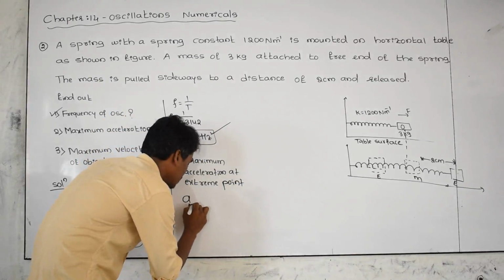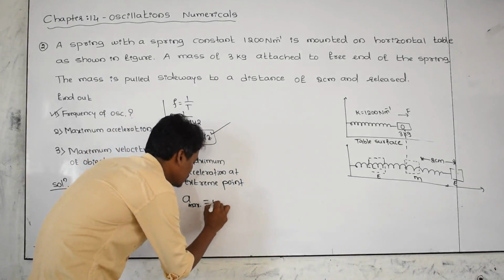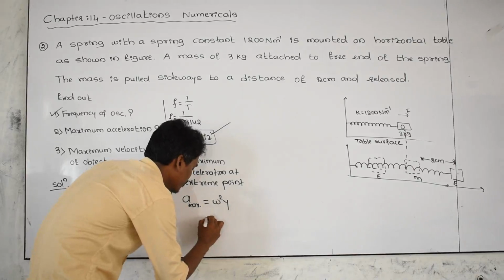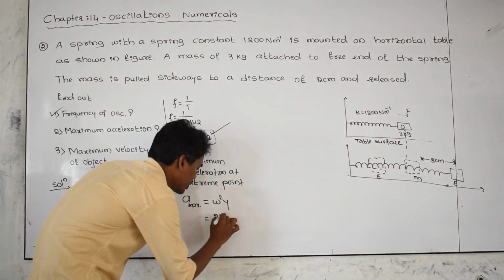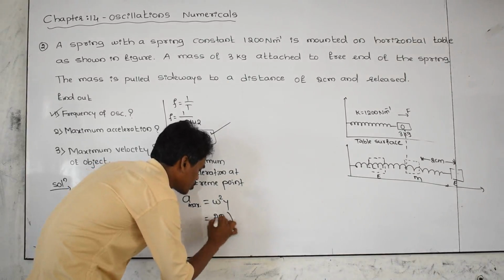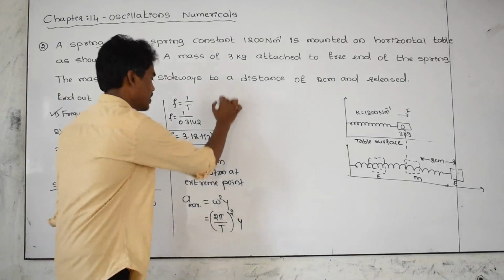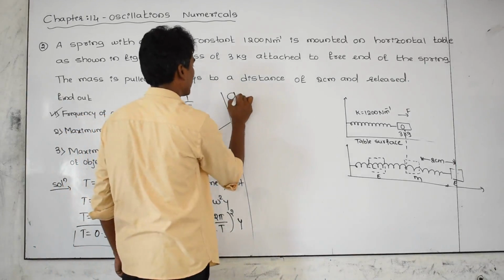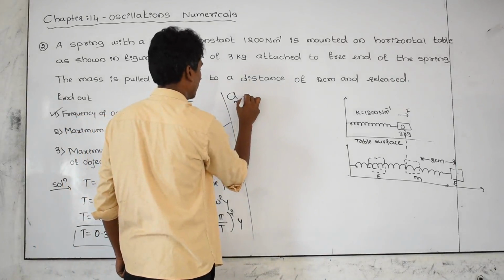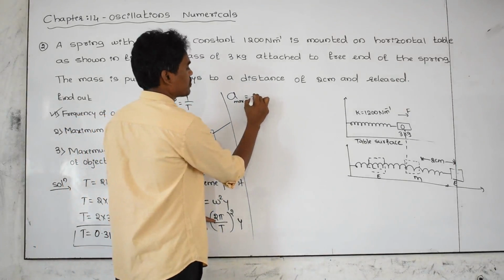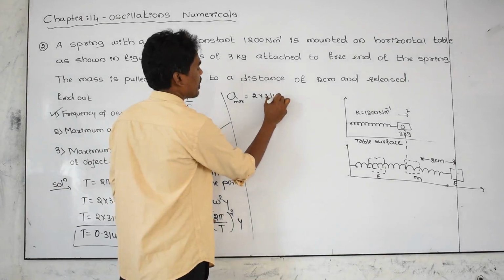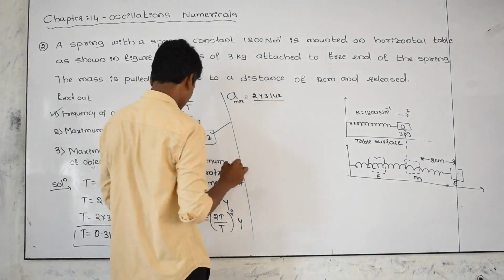A max is equal to omega square y. We know very well omega is equal to 2 pi by T, whole square, y as it is, and substituting the remaining, A max is equal to 2 as it is, 3.142 as it is, divided by T, which you already found out here,